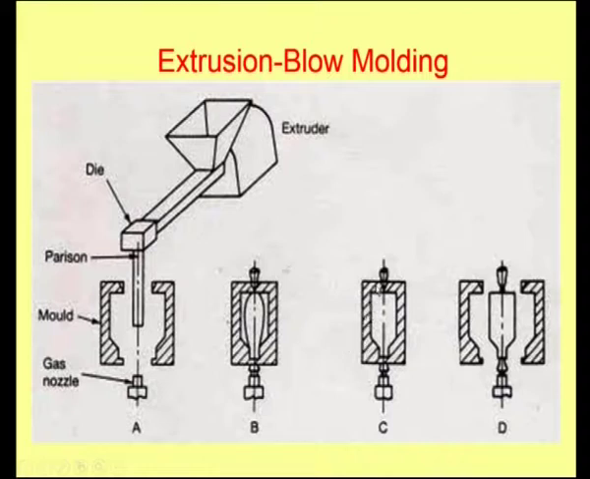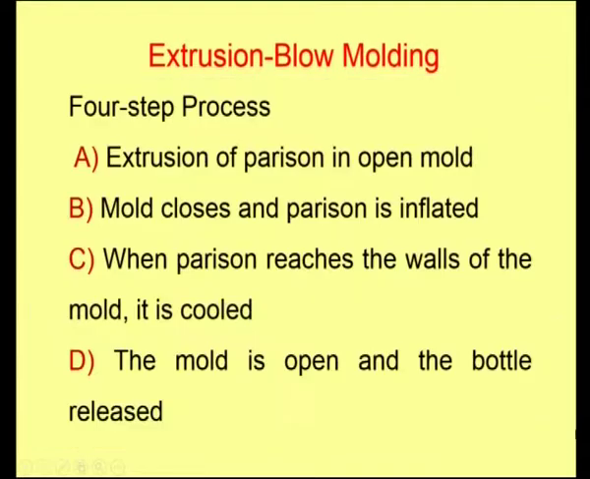The shaded region is the surface of the mold. Once it comes in contact with that, this will solidify. So, the final stage is the mold opening, and then the bottle will be removed. So, these are typical stages A, B, C and D. We will see that also in short. The A step is the extrusion of